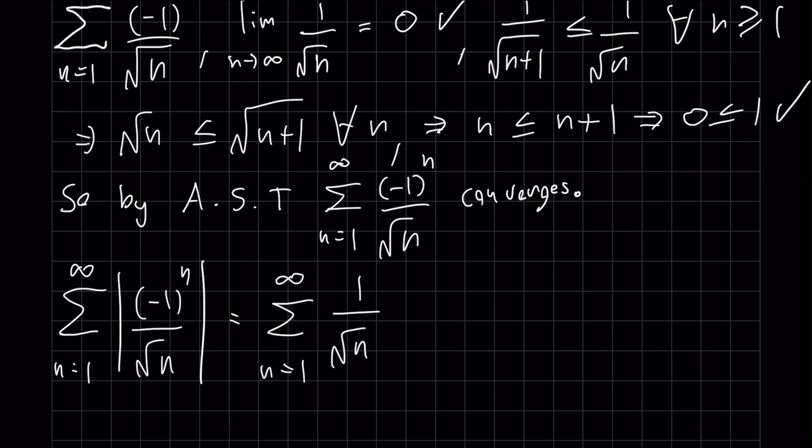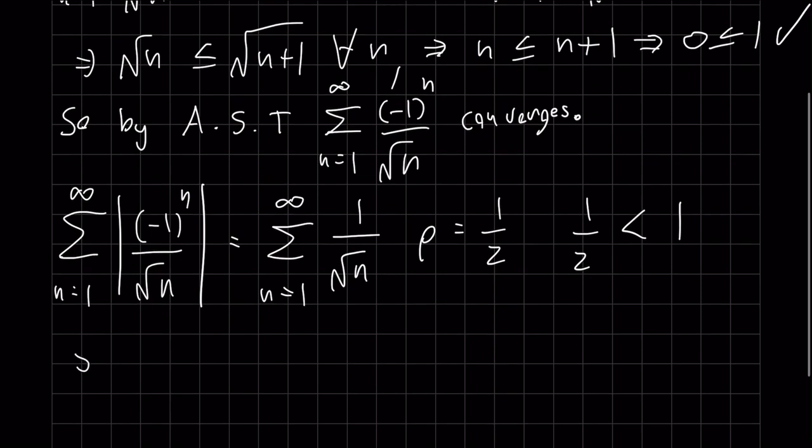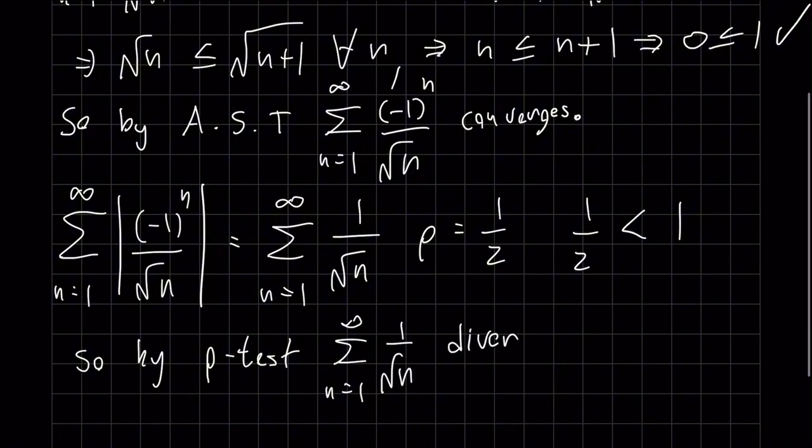So you can notice that this is a p series where p is equal to 1/2, and 1/2 is clearly less than 1. But you have to recall that the p series converges if p is bigger than 1, and here this is not the case. So by the p test, the sum from 1 to infinity of 1 over the square root of n diverges. So notice that when we use the absolute value in our series, it diverges,